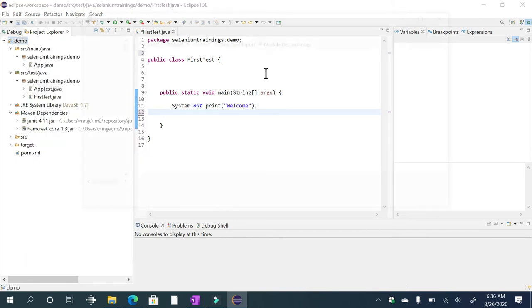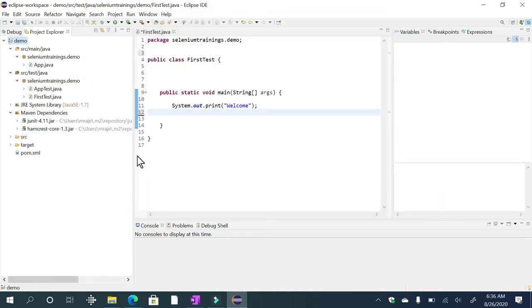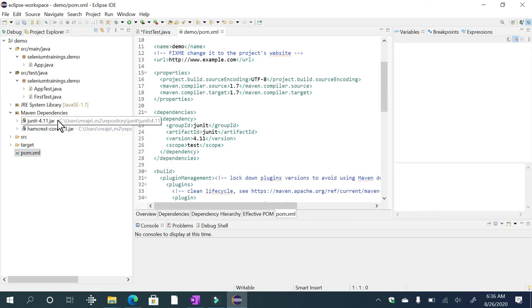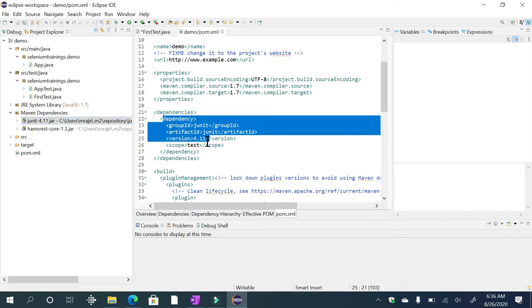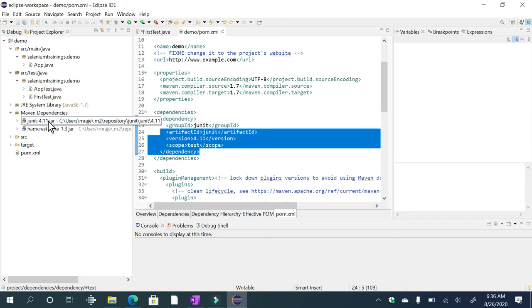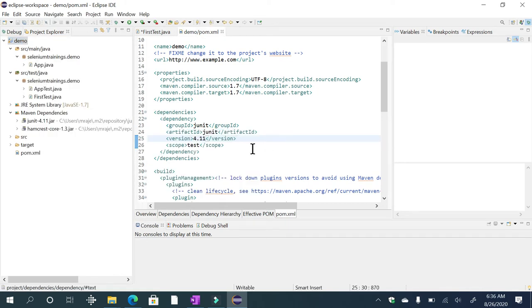Rather, we depend upon a concept called pom.xml. This jar file is added because we have added a dependency for JUnit, so it is automatically added to your Maven dependencies.